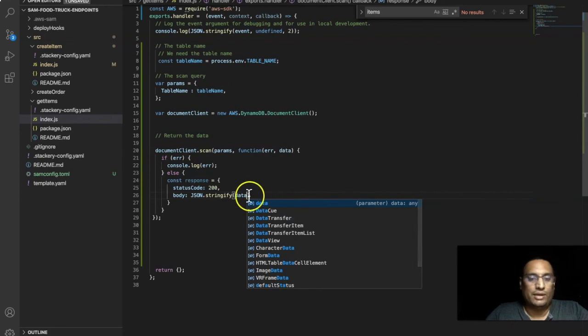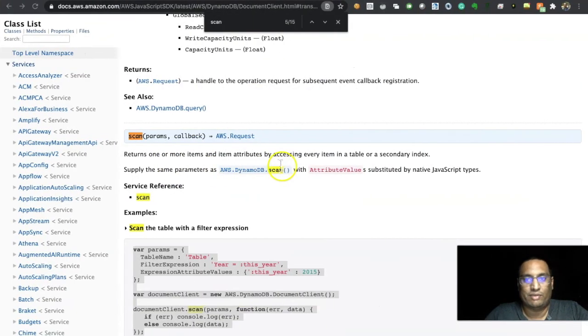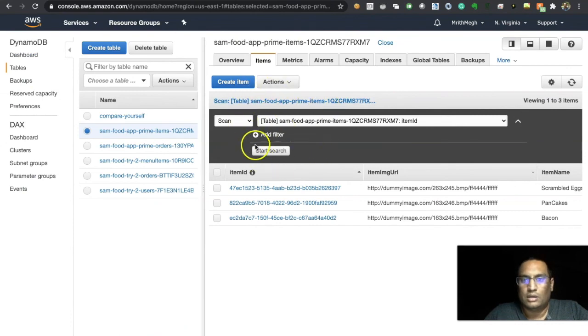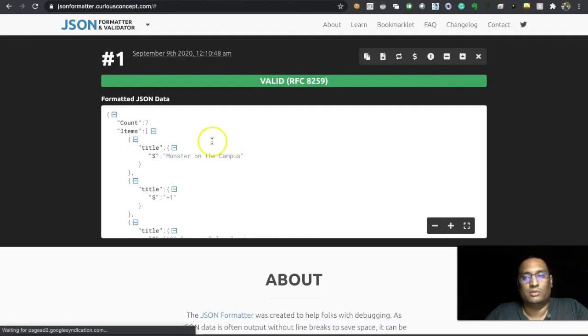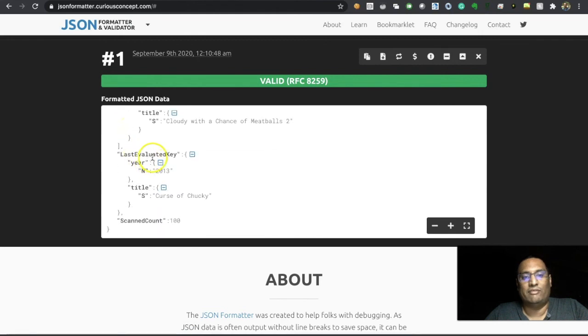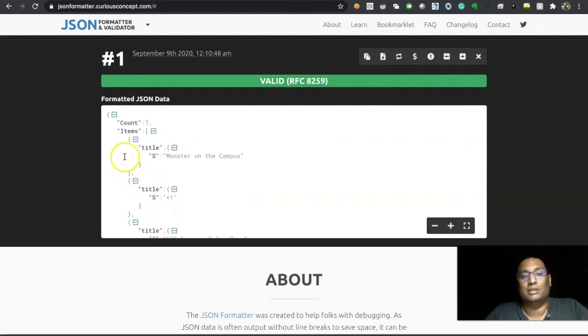And when you do a scan query, let us see if I'm able to show you what I mean here. So I went ahead and from the documentation I was able to grab the output of a scan query. This is what the response looks like. We have the count, we have the items, we have the last evaluated key that is used for pagination, I guess. Out of all these responses, we are interested only in the items, which actually holds the result of the scan query we placed. And especially it is going to be an array of objects.